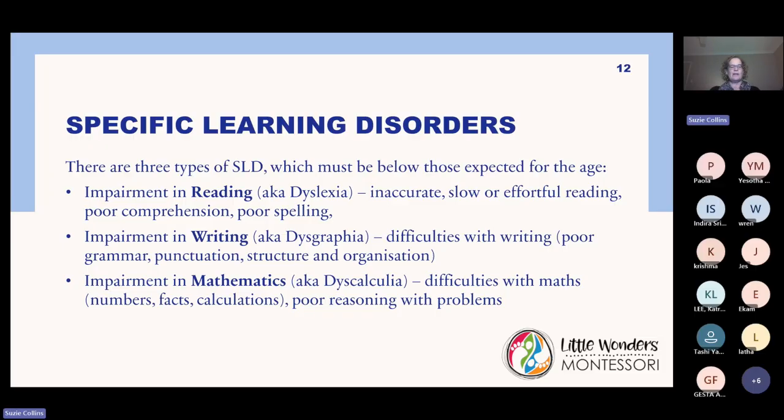And the last one is an impairment in mathematics, what used to be known as dyscalculia. That usually presents as difficulties with mathematics, and it can be across a number of areas. So the number itself and understanding what numbers mean, our actual number facts or our times tables, having some difficulties with that. Perhaps it's around difficulties with calculations, or poor reasoning of problems.